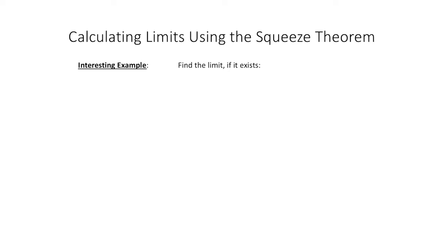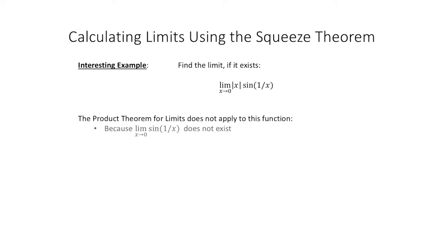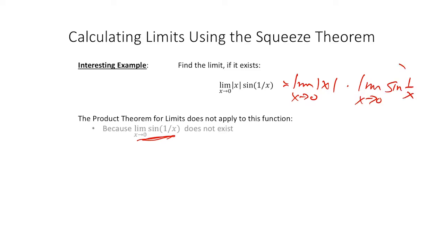We're going to find the limit, if it exists, as x approaches 0 of the absolute value of x times sine of 1 over x. And the problem is that the product theorem for limits doesn't apply to this function because the limit of sine of 1 over x does not exist. So we just can't write this as the limit as x approaches 0 of the absolute value of x times the limit as x approaches 0 of sine of 1 over x,